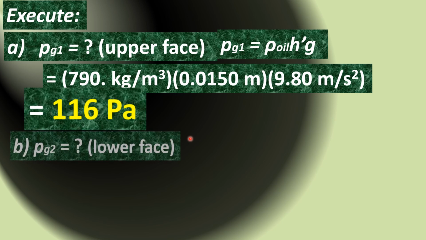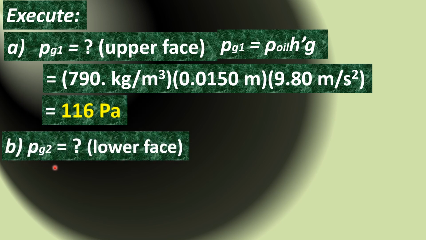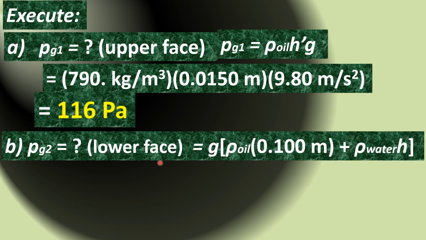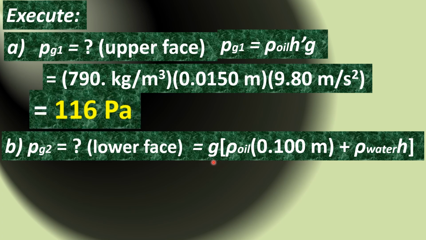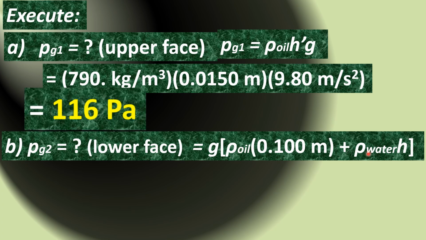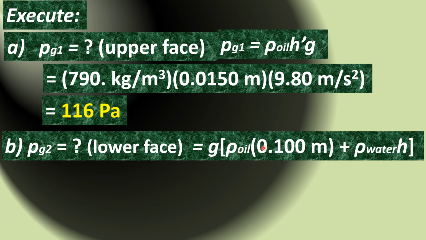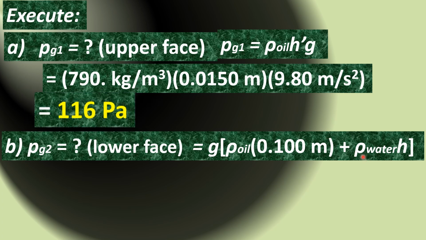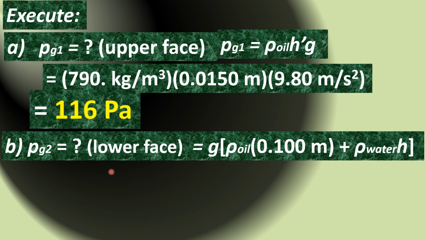Now, for the gauge pressure P sub G2, meaning the gauge pressure exerted on the lower face of the block, which we said the formula is just multiplying the value of acceleration due to gravity by the quantity inside the bracket, where we have the density of oil multiplied by 0.100 meter plus the product of the density of water and the value of H, all right,